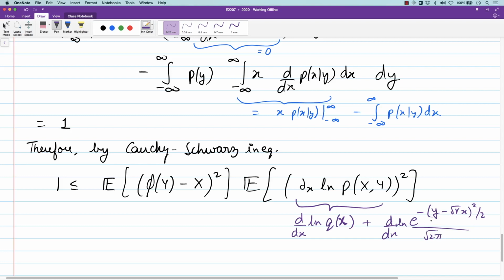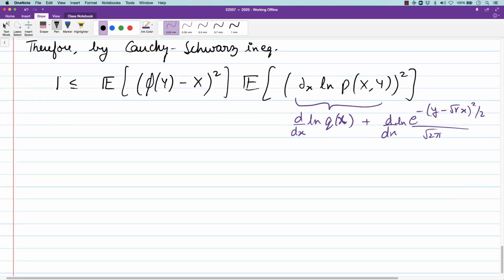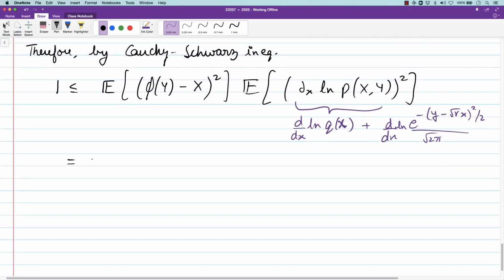When we take this derivative, we will just see that we get y minus root gamma x times root gamma. So this whole thing here can be seen to equal